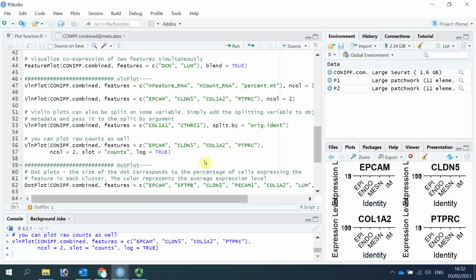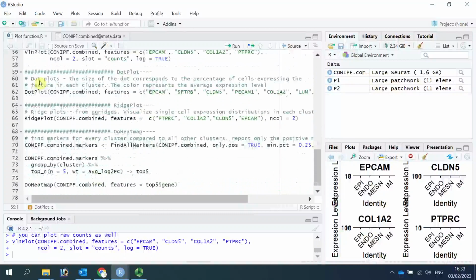So now we are going to show the dot plot function. This function is frequently used to generate figures for publication as well. Because dot plot can show lots of gene expression patterns on the same figure. So here I used 2 genes for each cell type.